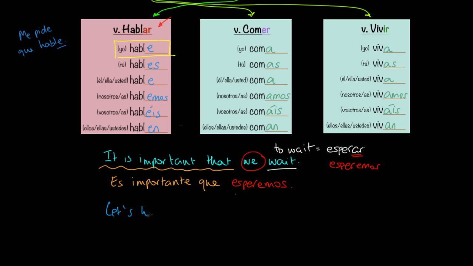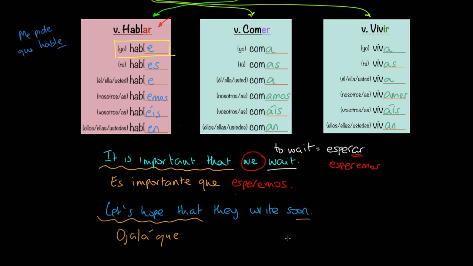Okay, another example. Let's hope that they write soon. Again, this "let's hope that" is one of those expressions that in Spanish requires present subjunctive. We can also use imperfect subjunctive, and in this case we're looking at the present subjunctive. So this is ojalá, or ojalá que. The que is often optional. So ojalá que,